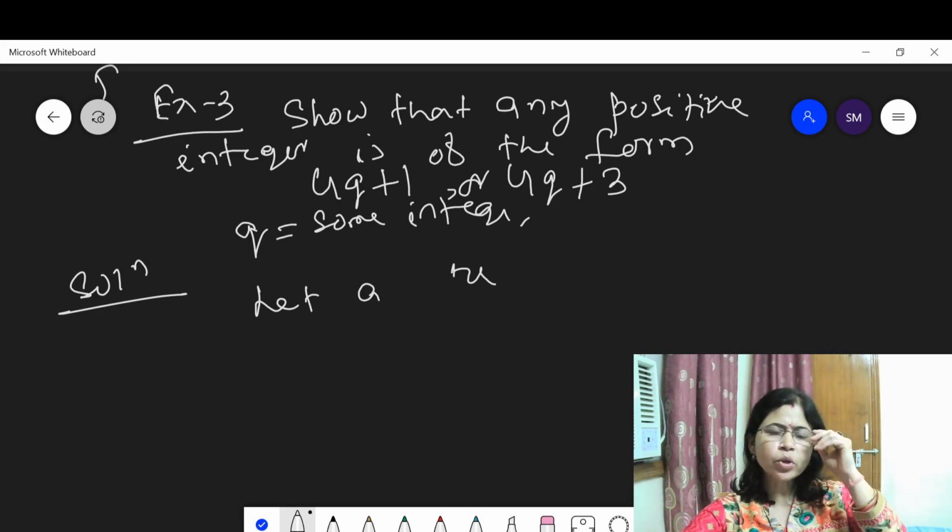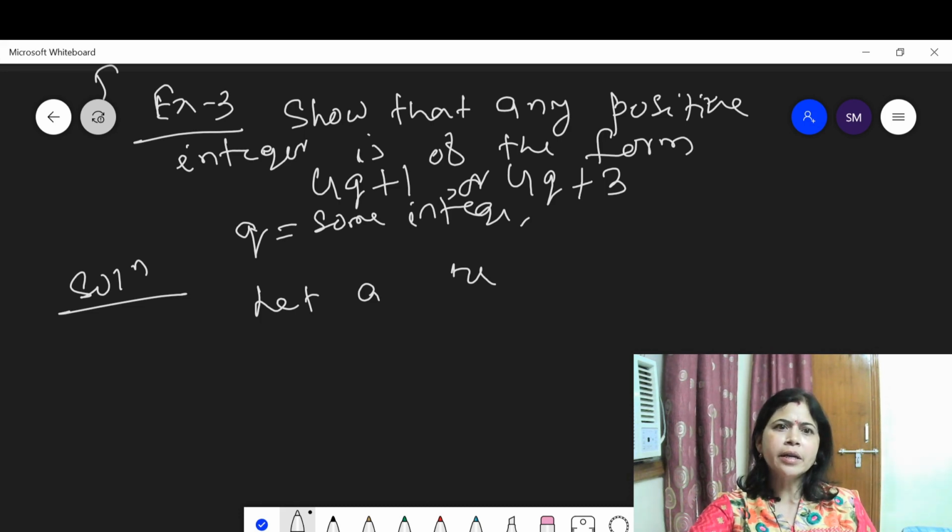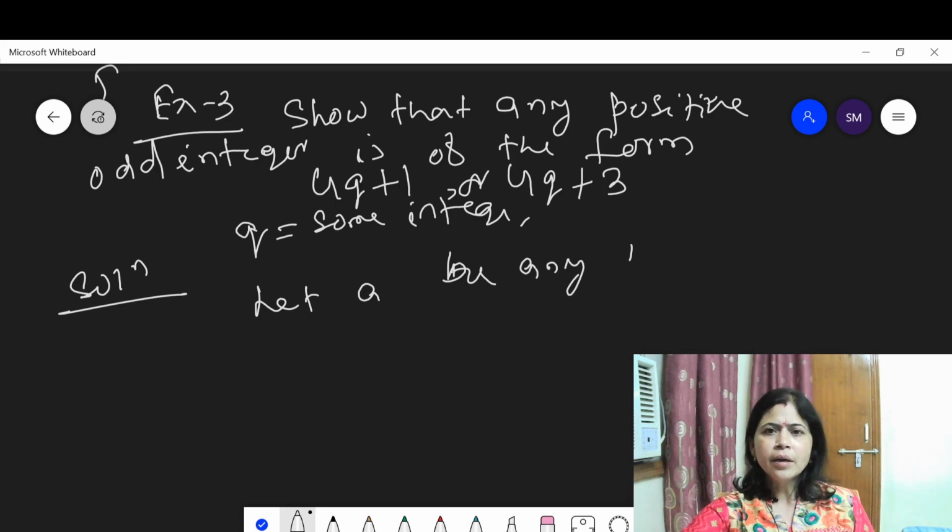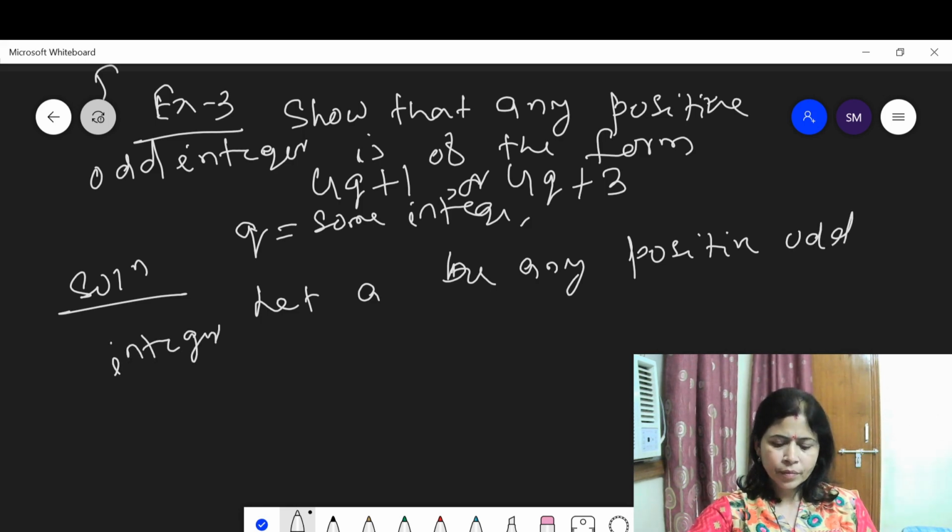Here the question says that any positive odd integer is of the form 4q plus 1 or 4q plus 3. Let a be any positive odd integer, and let b be equal to 4. Then by Euclid division lemma,